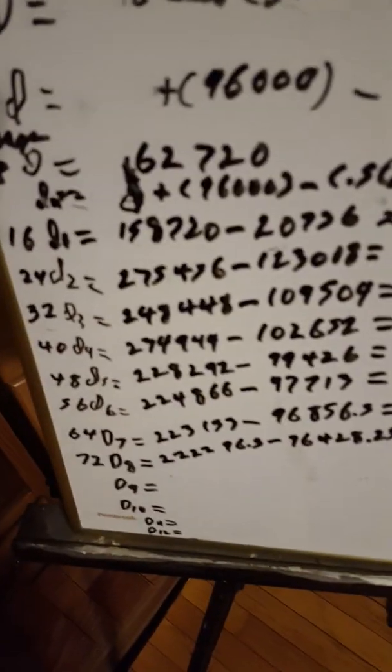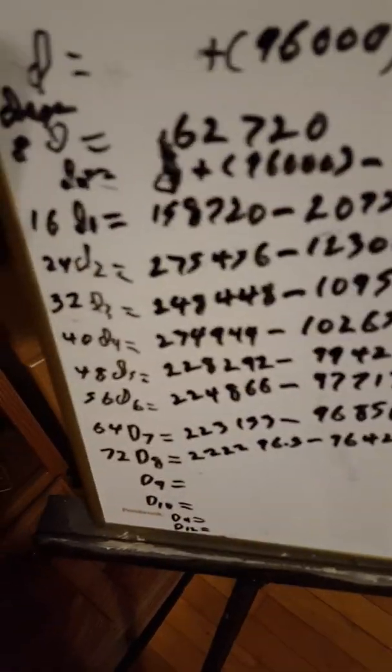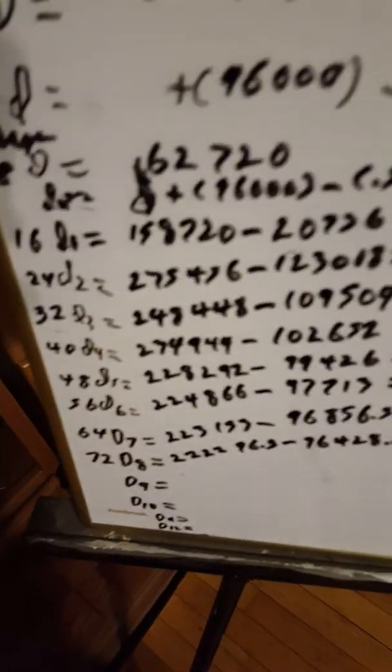And by the time you get down here to 72 days, it's back down to 222,000, 96,000, negative 96,000, and a total left over of 123,868. Now what that tells me is that this rule right here is applying: the law of diminishing returns. As you approach the amount of your half-life and your continuous output, which in this case is 96,000,